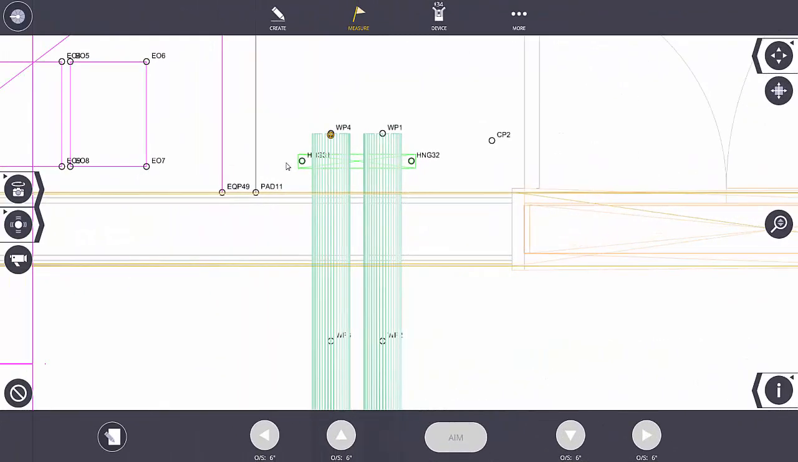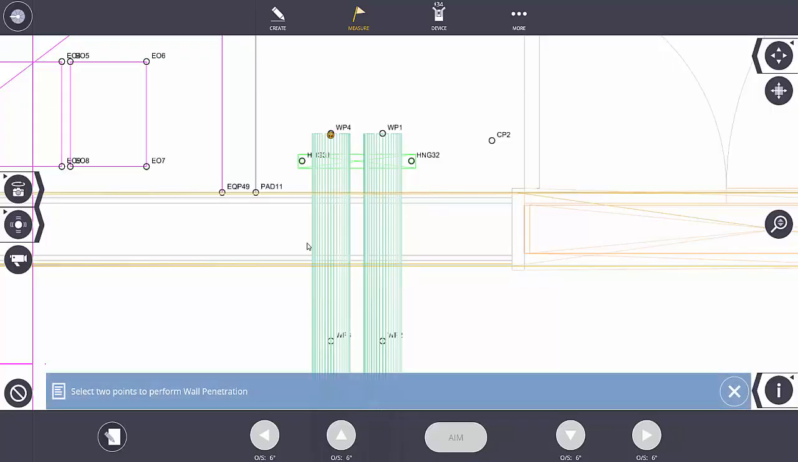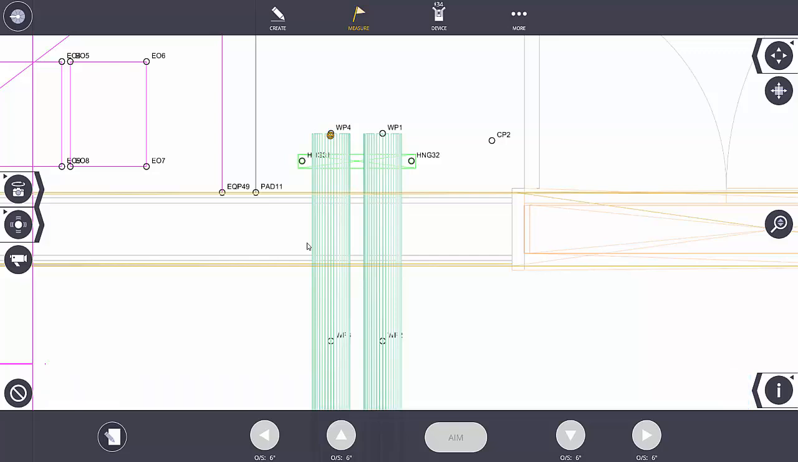In this video, we're going to cover wall penetrations. And wall penetrations are located under the measure button. And we've got a wall penetrations feature right here. And basically how wall penetrations work is the CAD department needs to give us 2 points that represent either the